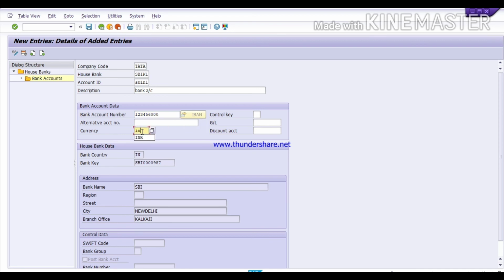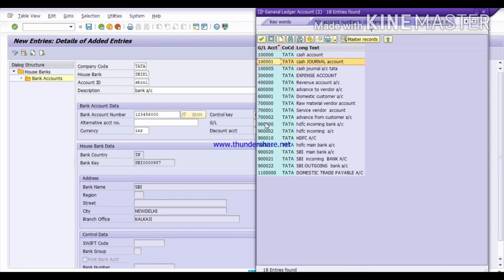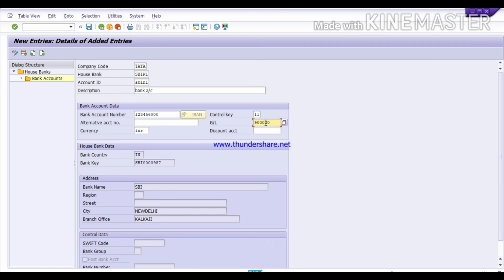Give currency INR. Here we have to give the control key, 10 for our saving accounts and 11 for current accounts. And here we have to assign the main bank GL in which we have to transfer the amount. Here we will assign the main bank GL which is our SBI main bank. Then click on save.